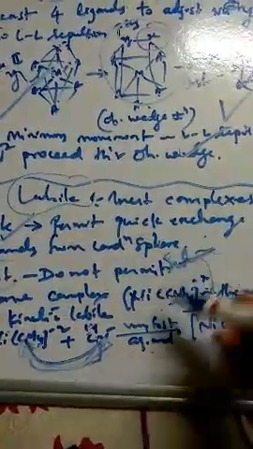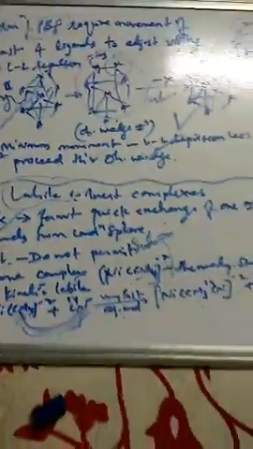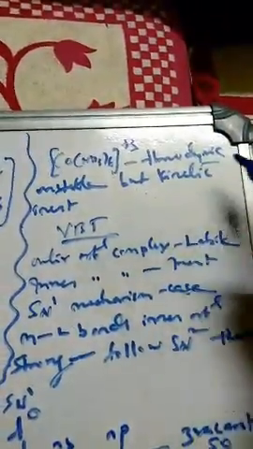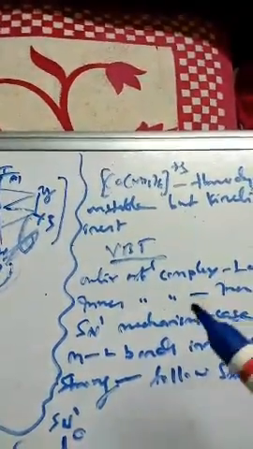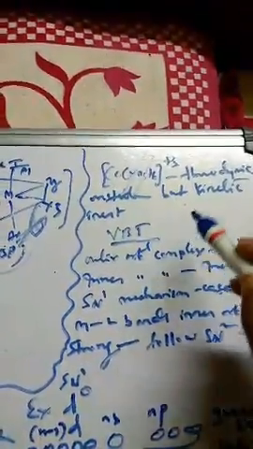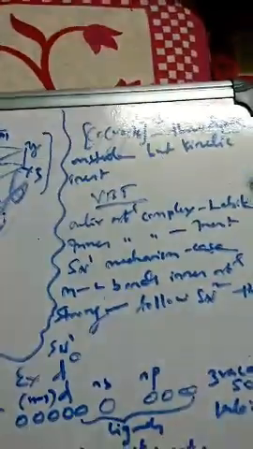This is what they may pick up, and they may ask in the competitive examinations. Is it right? Similarly, one more complex I have taken here, that is hexaamine cobalt(III) complex. This is the reverse. It is thermodynamically unstable. That means at normal temperature it is going to be destabilized, so it is not stable. But however, it has been observed that it is kinetically inert. See, very beautiful.